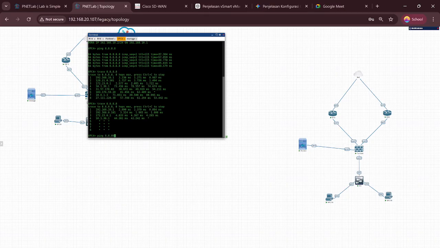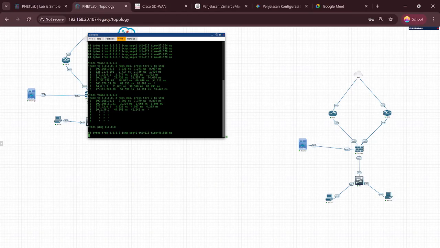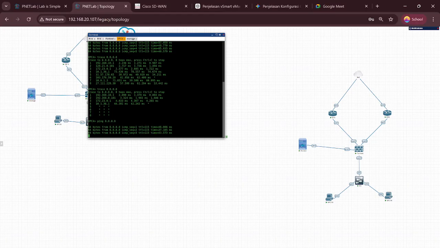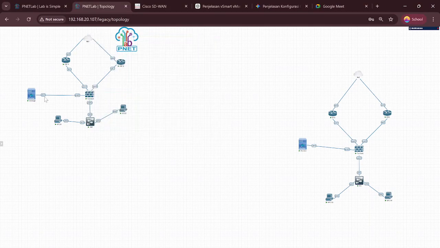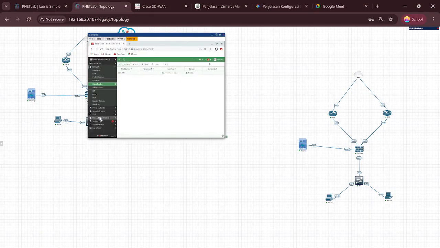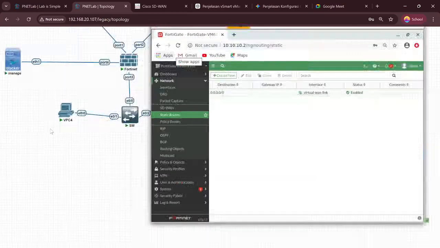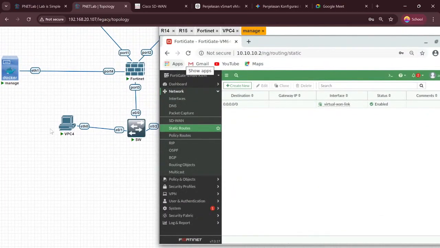Okay, the ping is successful. And next, the next configuration is in policy and objects.